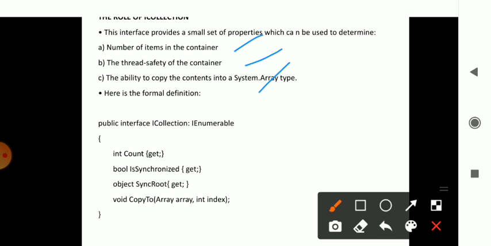Mainly, ICollection inherits the properties of IEnumerable. IEnumerable, you have already learned, with MoveNext, Reset and everything in IEnumerable, is present in ICollection. It counts the number of elements you are using in the programmatic concept. Whether elements are executing in a synchronized way, and the sync root of the object, can be obtained, and you can copy the elements from one index to the array through the ICollection concept.